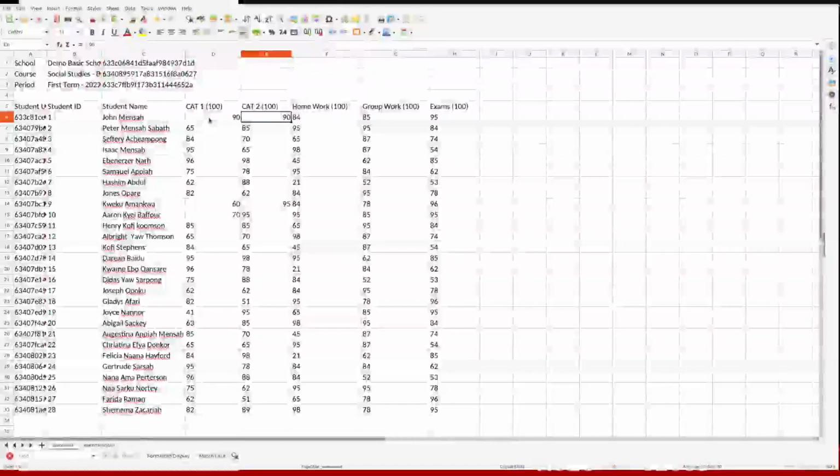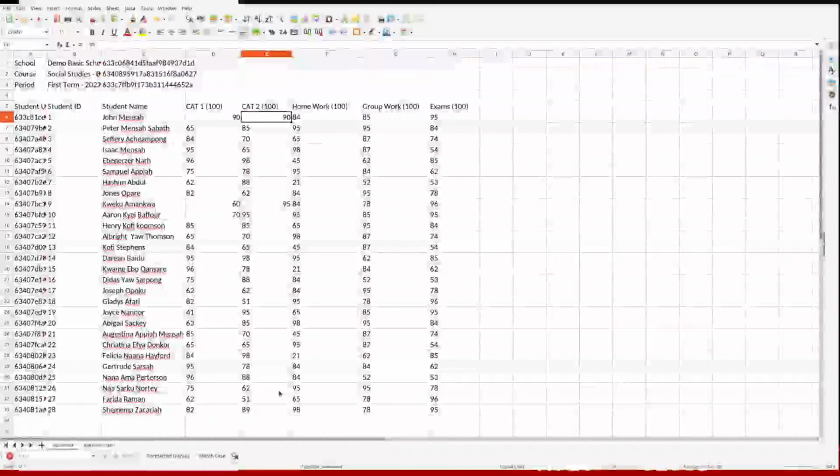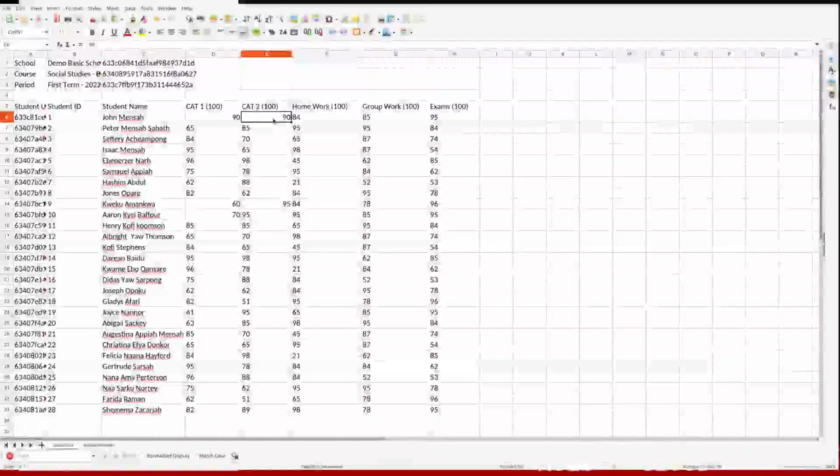Now, where there are no scores, so for example, you have only done Cat 1, the rest are not, then you can fill all of them with zeros. So basically, if you want to only fill Cat 1 and not these ones, then you fill these ones with zeros before you upload. So after making your changes, you can now save your file,